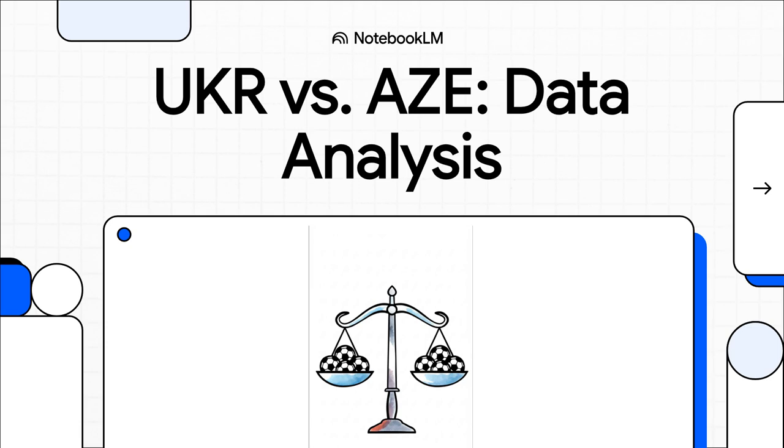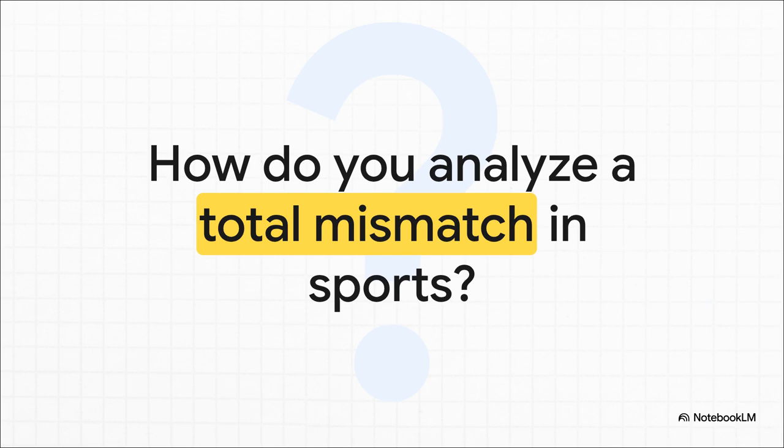How do you actually analyze a football match that, on paper, looks like it's going to be a complete landslide? We're diving into the numbers behind an international friendly between Ukraine and Azerbaijan to figure it out. So, at first glance, this looks like a pretty straightforward, predictable match. But honestly, that's what makes it so fascinating from a data perspective. I mean, when one team is such a heavy favorite, where do you even start looking for a compelling story